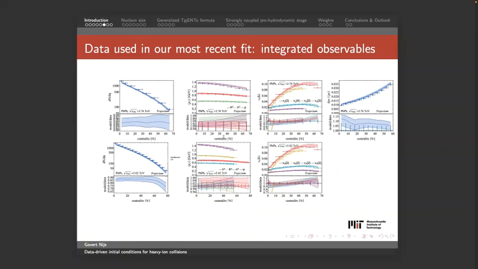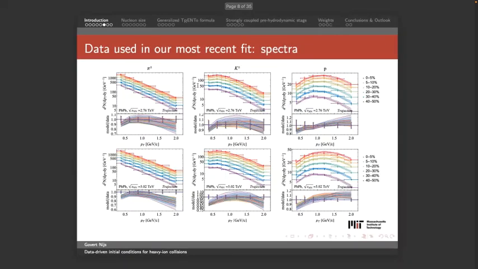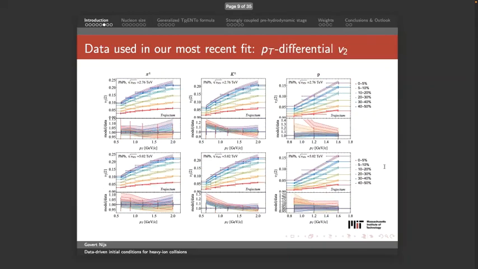And then for each of these, you can also see the data, which is the points with error bars, and the bands are the posterior that comes out of the Bayesian analysis. So you can see how well you're fitting. So we use these integrated observables, but also pT differential observables. So we have these pion spectra, again 2.76, 5.02, pion spectra, kaon spectra, proton spectra, and then we also use